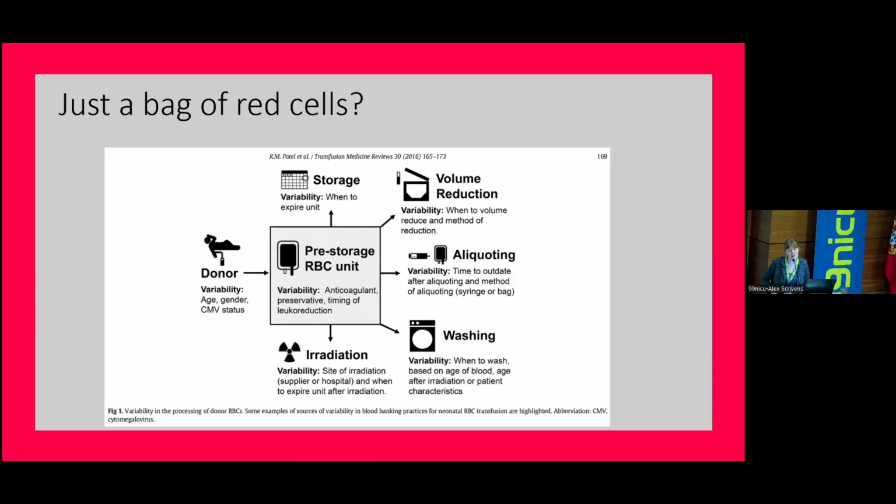And so is it just a bag of red cells? Are they all the same? Well, the answer is they're probably not, and we're probably processing them very differently country on country. But because as clinicians, we only get a small snapshot of what goes on, we may not pay much attention to what we're transfusing. I'll come back to donors in a minute, but some of the things to consider is